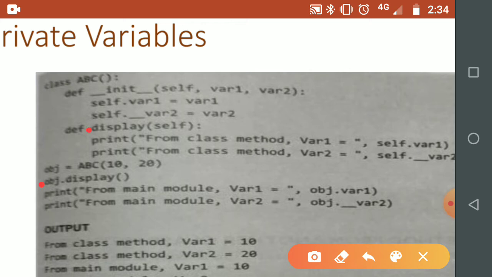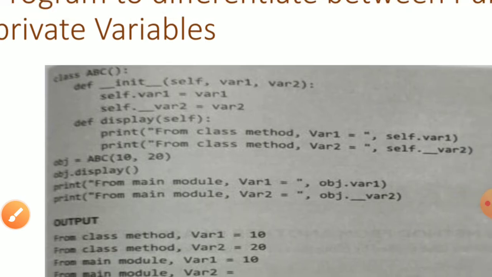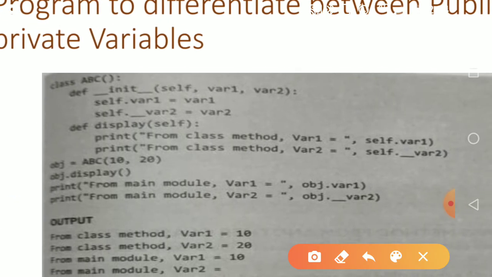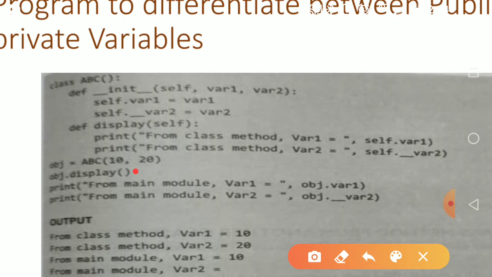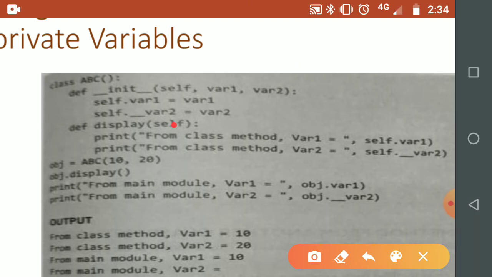Its code is written here, the code of two print lines. Once we call the display method, it will execute. There is no parameter that we have passed, but there is a self parameter that points to the current object obj. So the code will get executed.